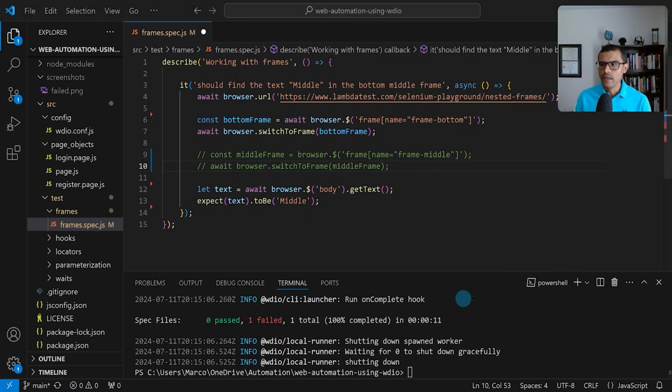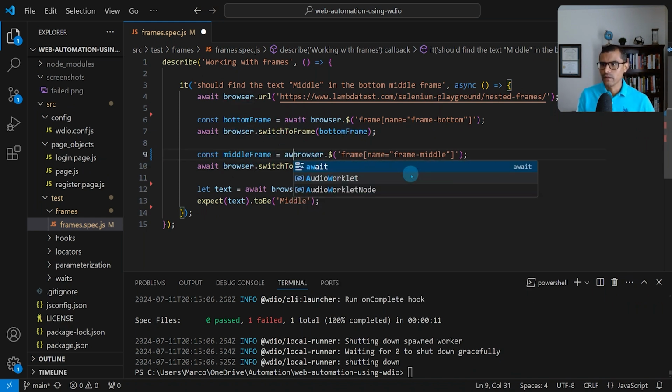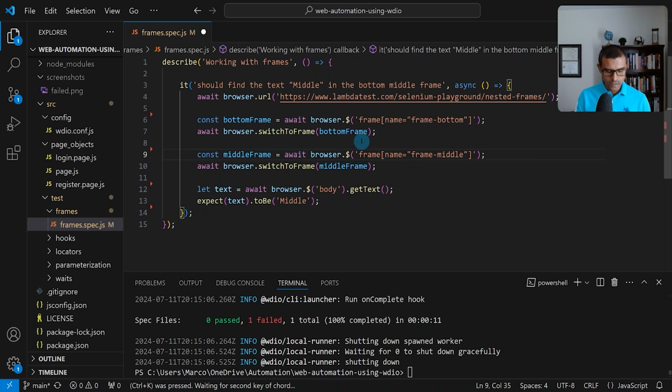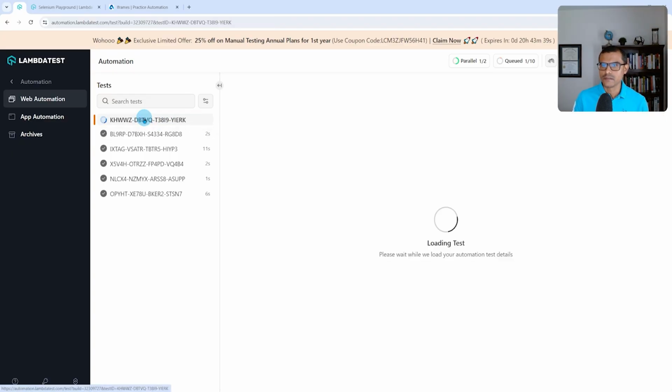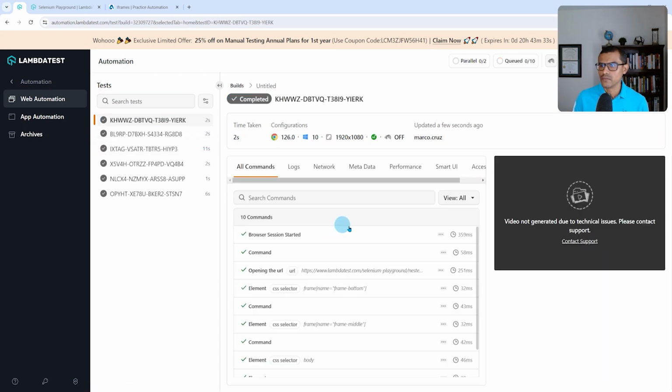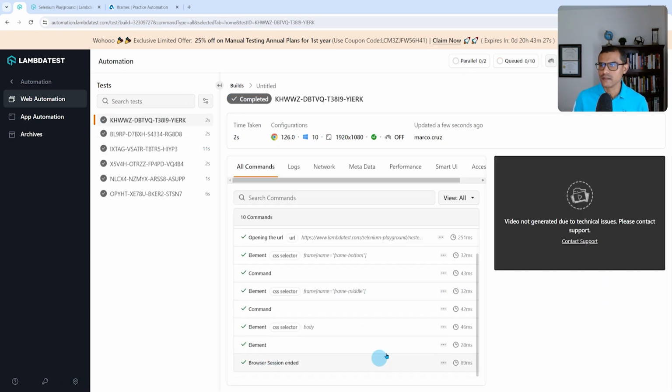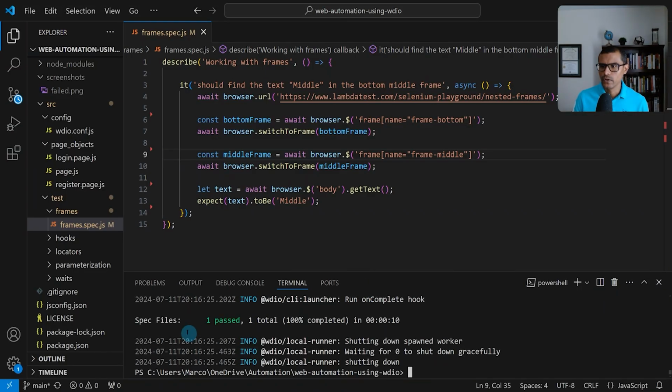All right, now that we saw how the test failed there, we're going to uncomment this section so that we can see the test passing, because we're going to switch to the frames appropriately. So I need to add a wait here again. All right, let's save everything and run this. I look here, the test is being executed right now, and pretty soon we're going to see all the commands being executed. All right, session has ended,